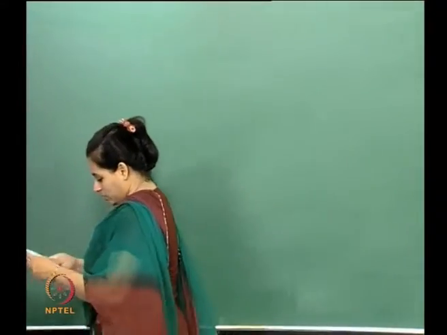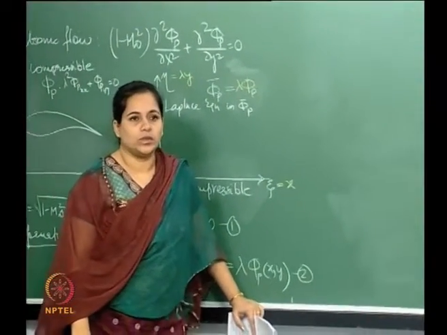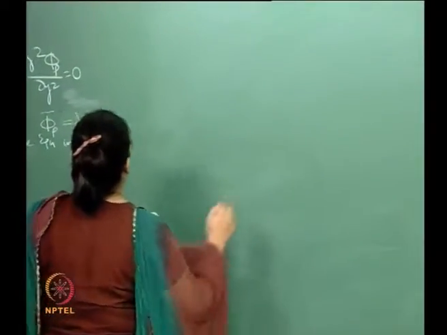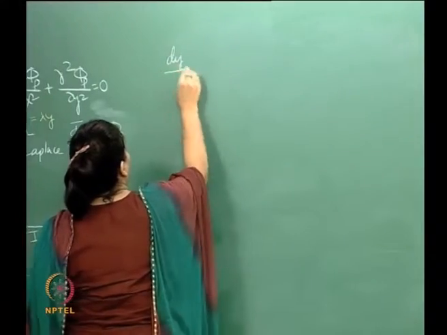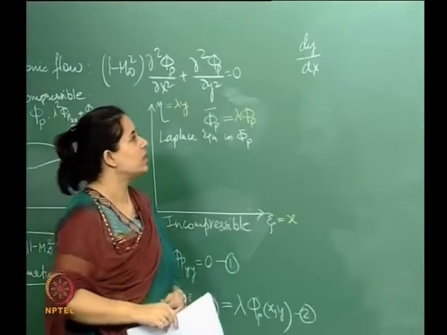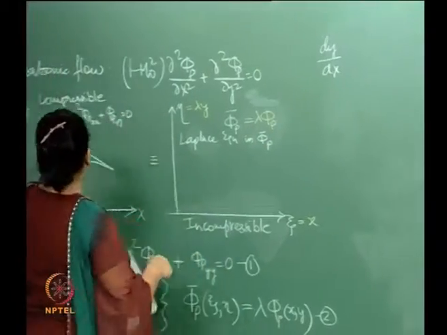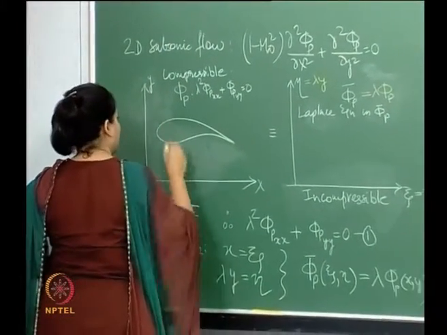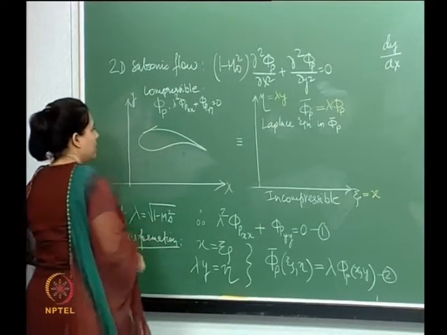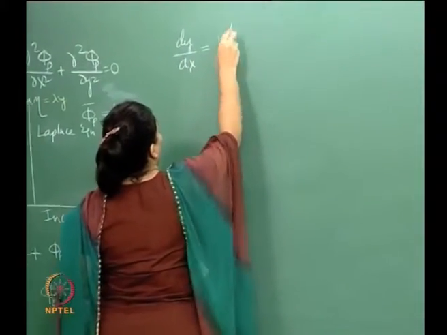Okay. So if you remember what we did in terms of the boundary conditions, right? So now dy by dx, this is in the xy coordinate system, the Cartesian coordinate system. So this is the physical slope of the body, right? This is the physical slope of the body here, this is dy by dx here, okay, and this was equal to,